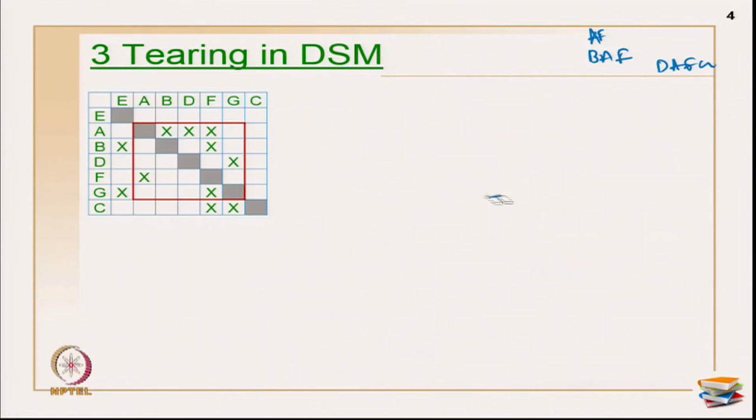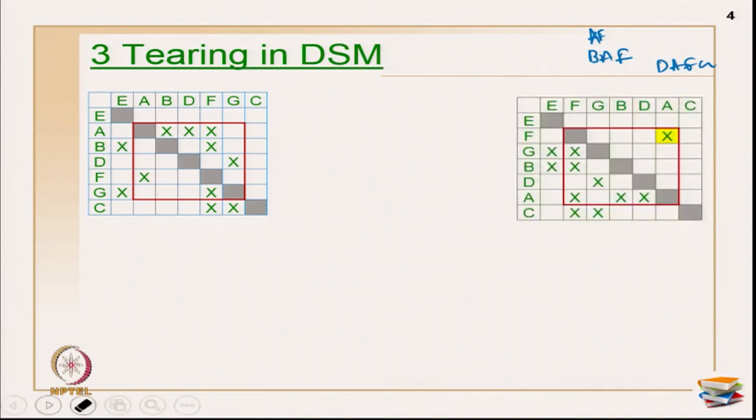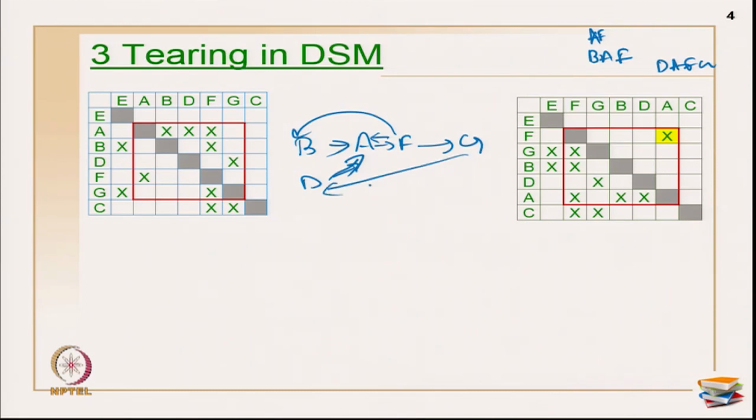Okay. So, now what I have done is I wanted to tear off the marks. The marks which I wanted to tear are A to F, then B to A, D to A, then F to A, then F to B, then F to G, and then G to D. Okay. So, now what I have done is I am going to tear off this mark which is A